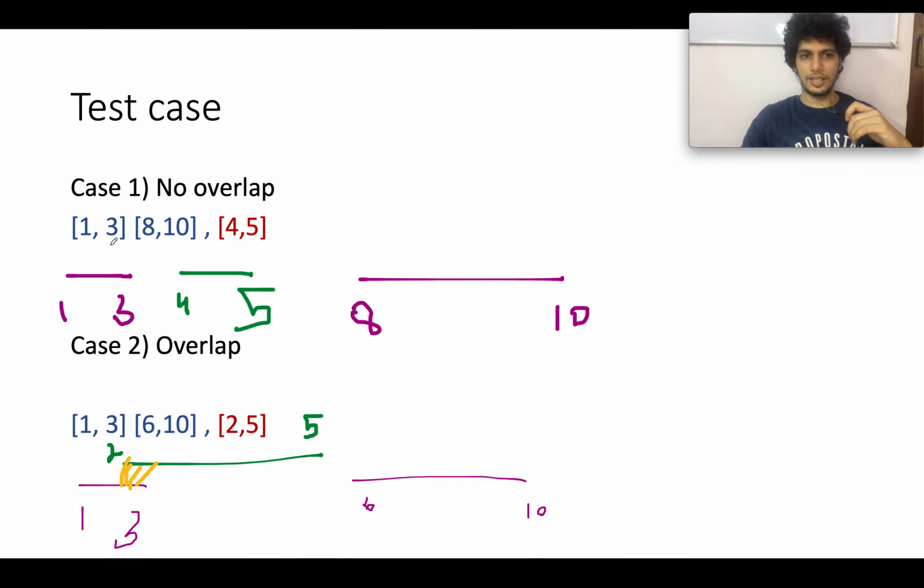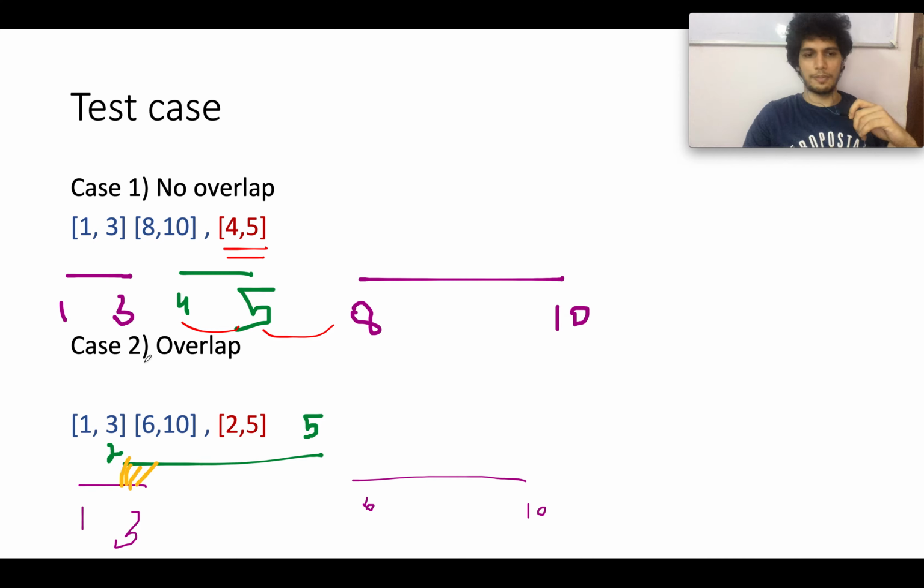So [3,5], [8,10], and the new interval is [4,5]. Visualize this example on a number line, plot those numbers there, and try to visualize how you can identify the overlapping part. So [1,3] doesn't overlap with [4,5], nor does [5,8] overlap with it. Hence you have to simply add it to the result as it is.